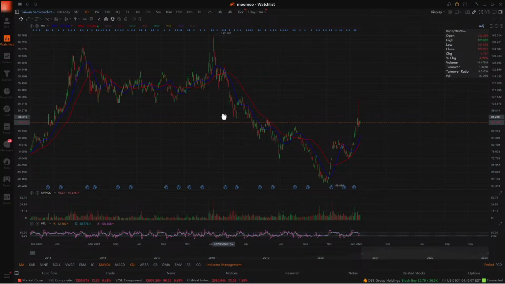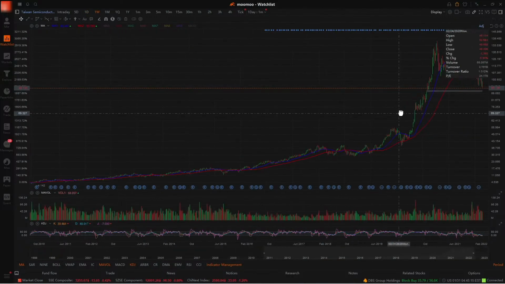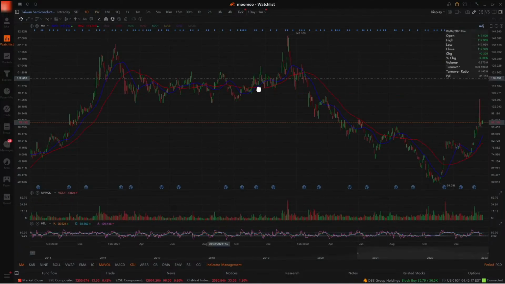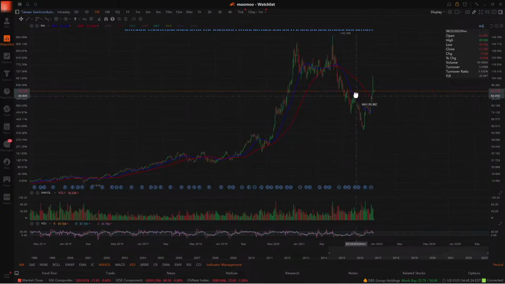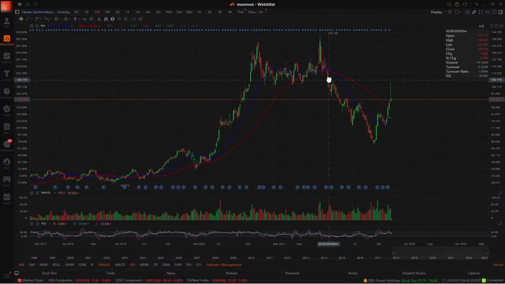Or some of the people, they are more creative. They look at the daily chart. They know that it has broken down below, but they go to the weekly time frame. Okay, sorry, I go back here. This is February last year. So February last year, you see. So they will wait